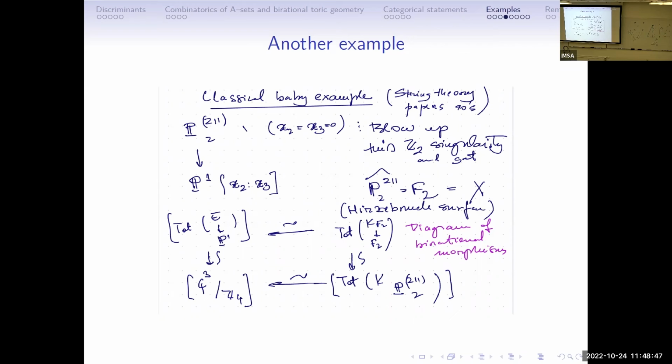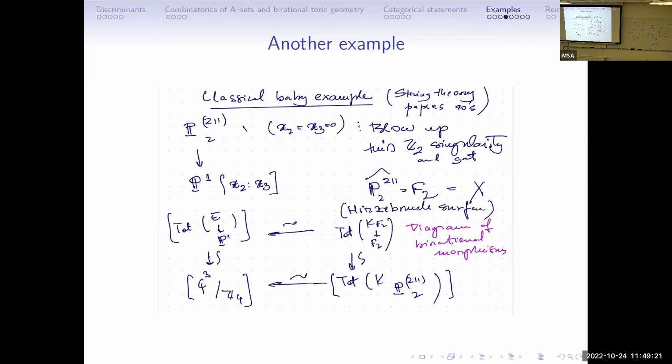I'll describe the combinatorial picture on the next slide. Since our Calabi-Yaus are toric, we're talking about quasi-projective Calabi-Yau, so we have to lift the dimensions. Of course F2 is not Calabi-Yau, but the total space of its canonical bundle is. So the diagram is